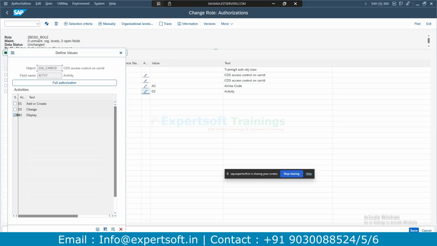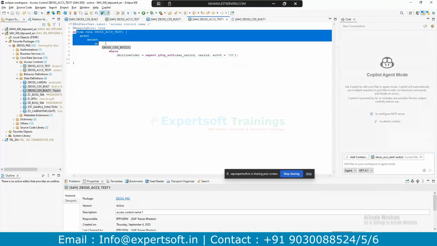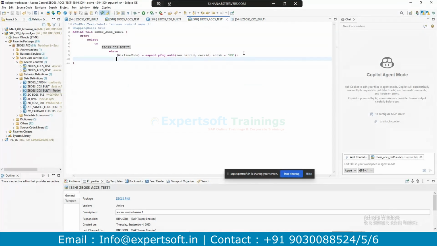It is the same as what we used to write in an ABAP report program. The authorization check is a syntax where we have to give the authorization object and its field names, right? 03, 01 are the activity values. If you remember, in ABAP we usually write it in a similar way, but rather than writing the authorization check manually, here we create it by defining the role, grant select and so on. That's it, but the rest all remains the same, the concept and all. The way of approach is different for the system.